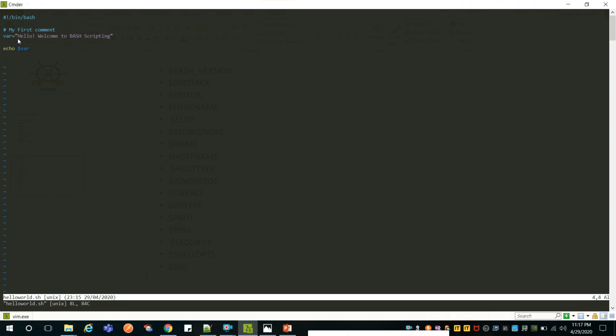So basically, there are different types of variables that we use in our day-to-day life. Those are strings, numbers, and special characters, etc. So here in this line, we are holding a string in a variable and then we are printing. Now we have seen how to hold a variable. Now we'll see how we can